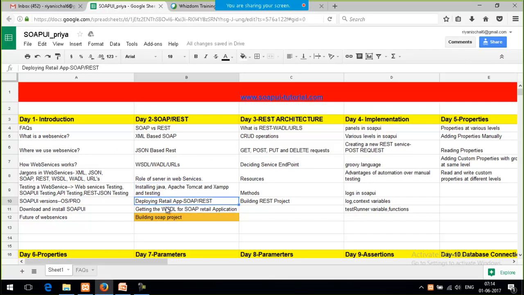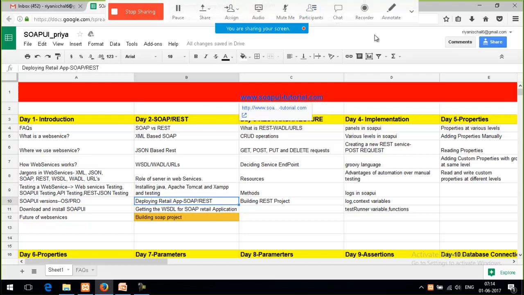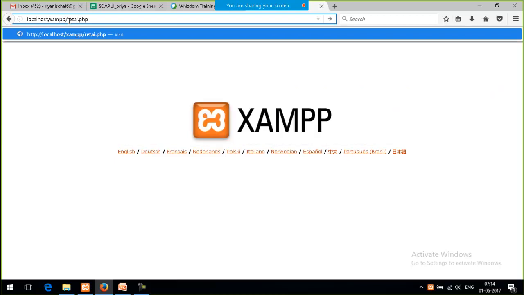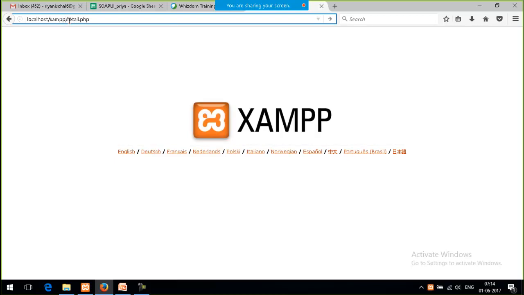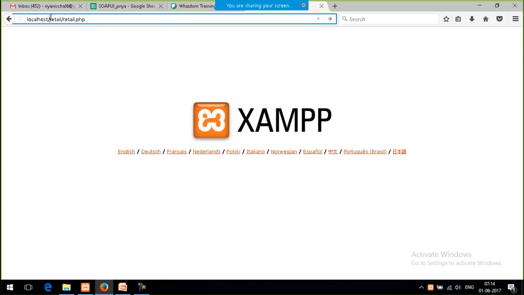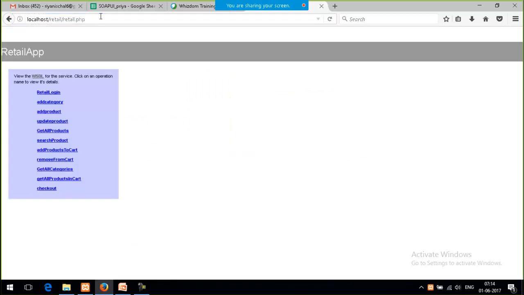Now how to check whether your application is deployed or not? For that, go to the same link and replace some words with retail and retail.php. Instead of XAMPP and slash, I just write retail and retail.php, and press enter. If I get a screen like this, it means my web service is already deployed and it is there within my server. Fine. So after that, I do need